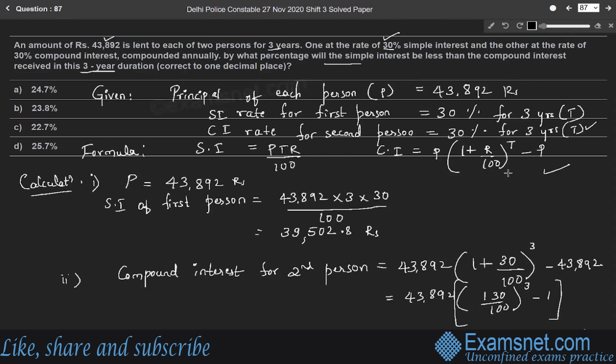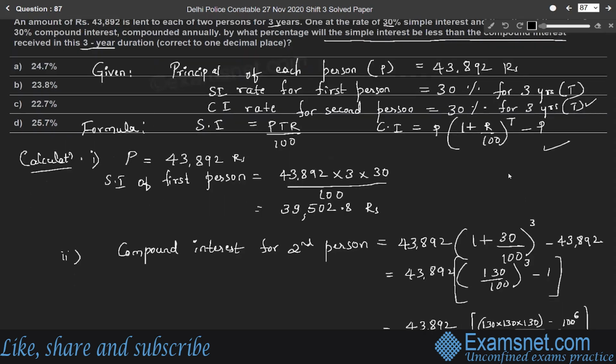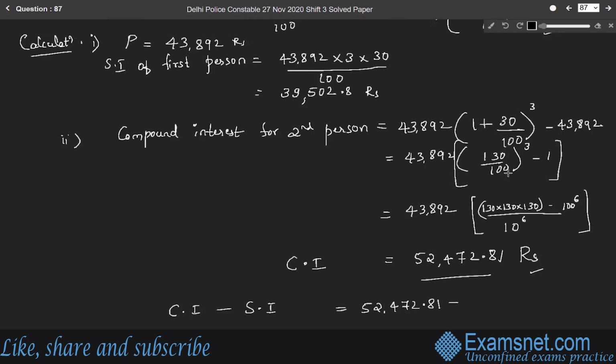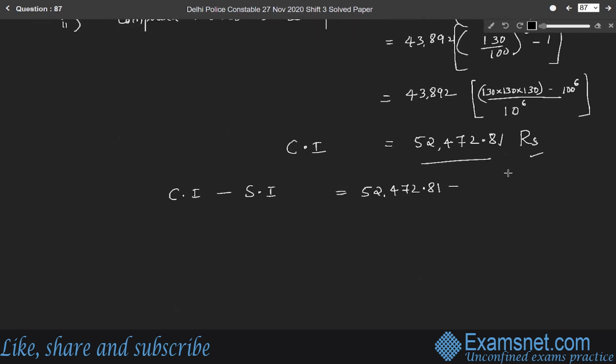So what is asked in the question? By what percentage will the simple interest be less than the compound interest received in this 3-year duration? So you have to find the difference between compound interest and the simple interest. So compound interest minus simple interest is equal to, compound interest is 52,472.81 minus simple interest is 39,502.8. Therefore, it is equal to,